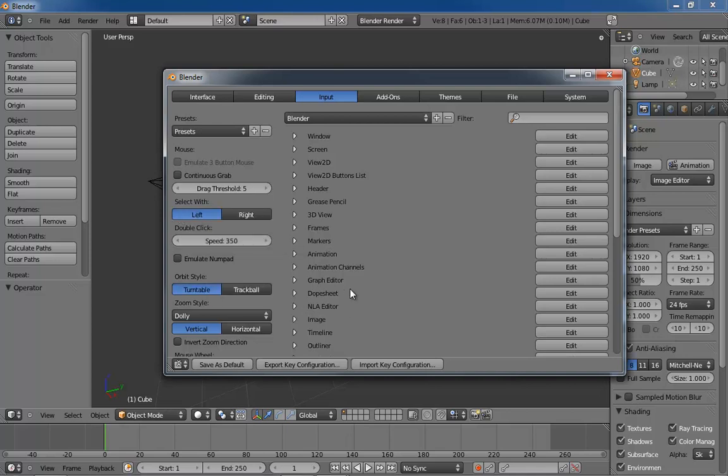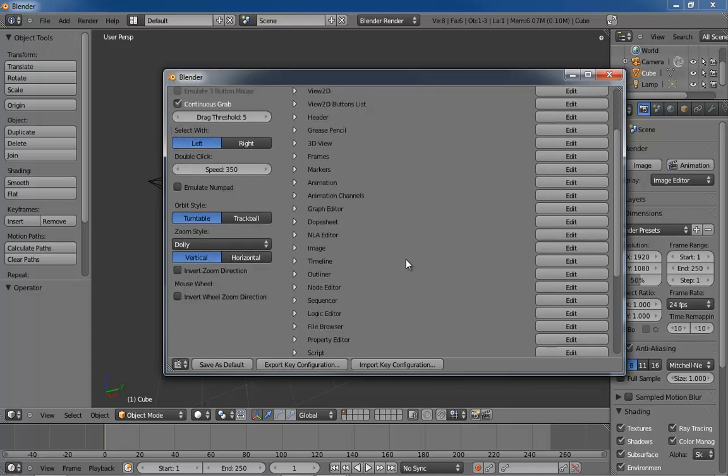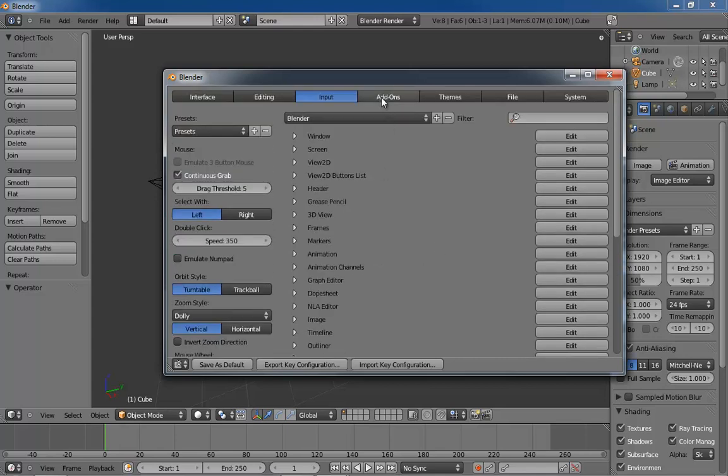I'm going to set my orbit style to turntable instead of trackball. I'm going to switch on continuous grab because I find myself getting frustrated if I don't. Now, I don't particularly need any add-ons at the moment. I don't really need to worry about setting up the file system to jump us over to Photoshop at the moment. There is really only one more thing that I'd like to do, and that is to quickly set up